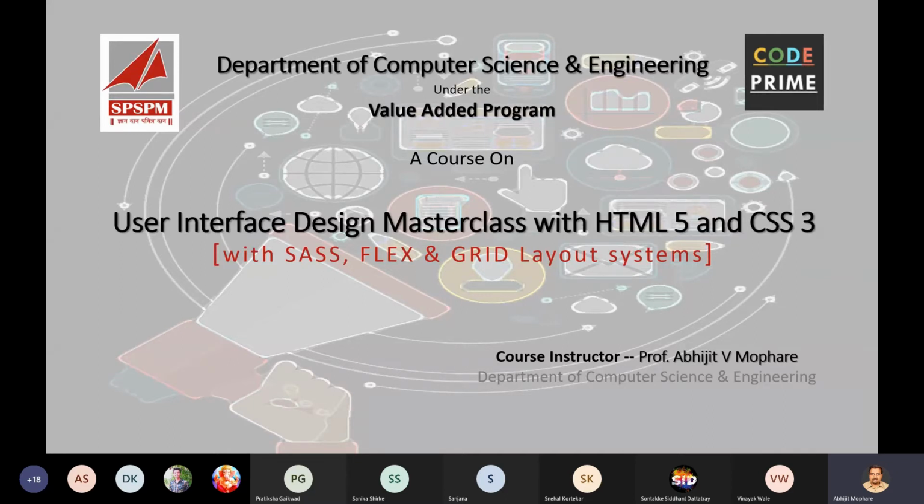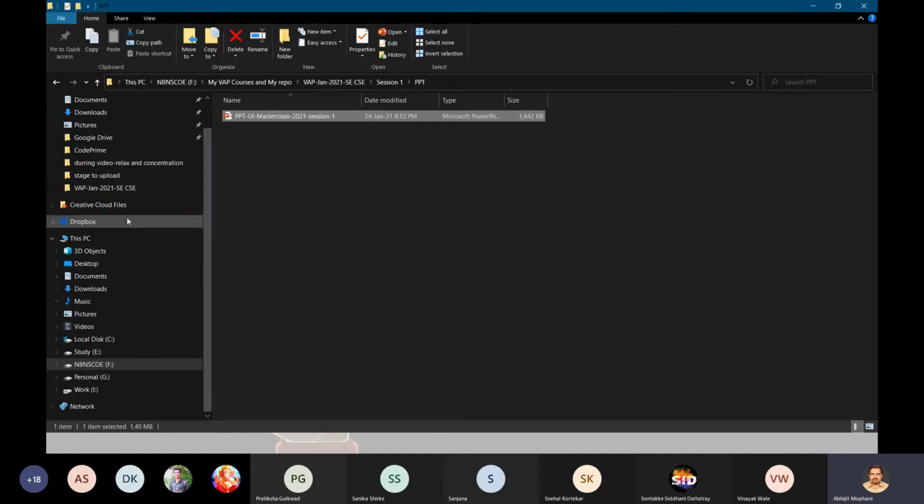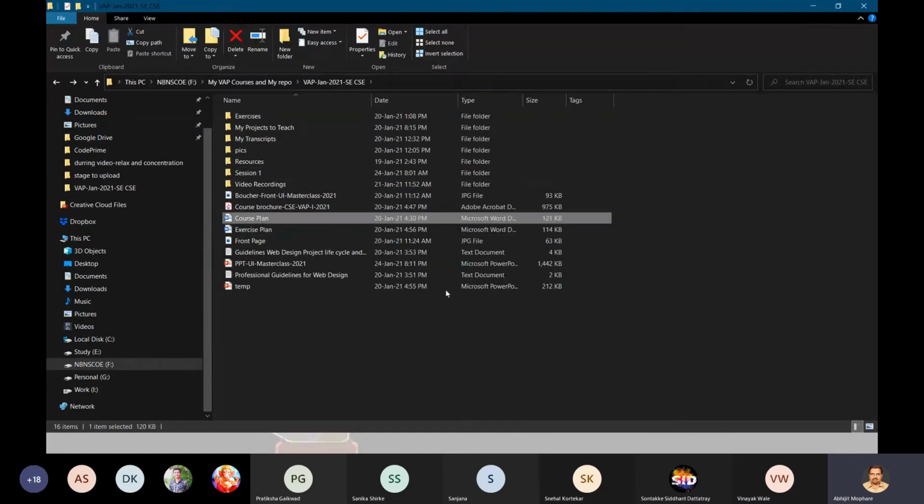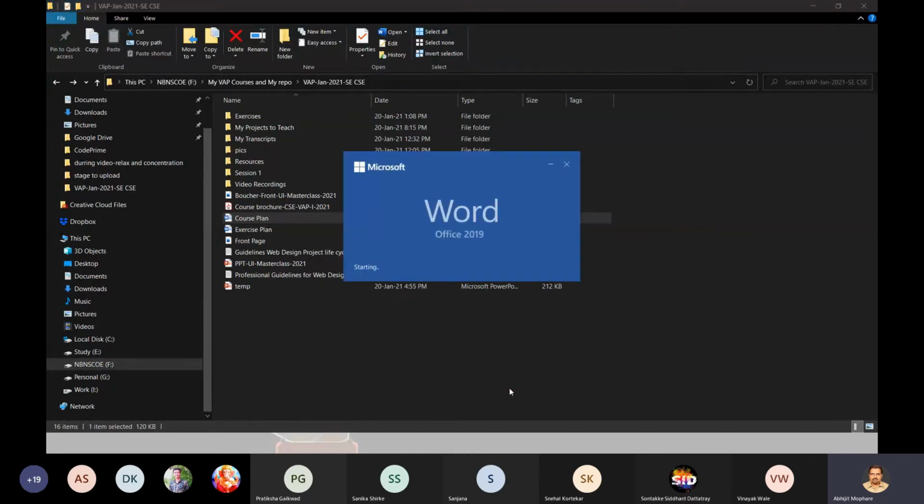Let me first give you the overview of this course. I have already shared the course brochure and you may have gone through it. This course brochure contains the plan, and I will stick to it as far as possible. But if time permits, I will also go beyond it, and we may cover many contents which are not mentioned in the course plan. But definitely, contents will be more than the course plan, not less than that.